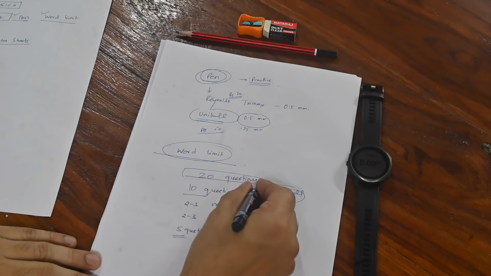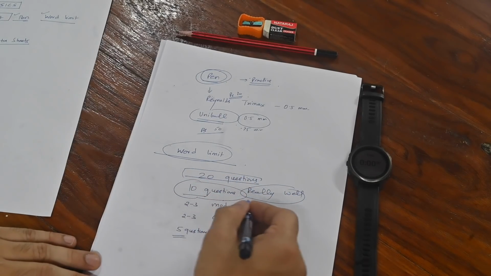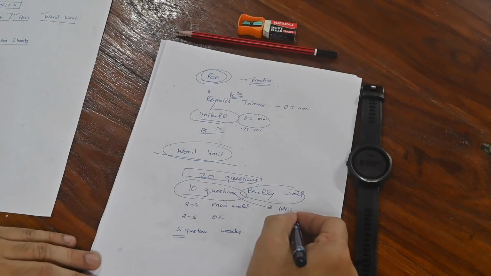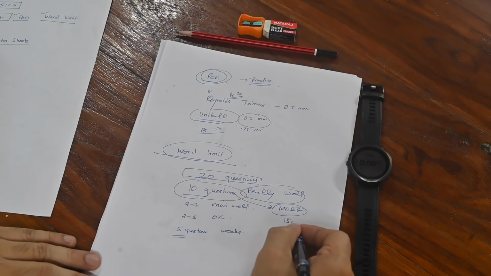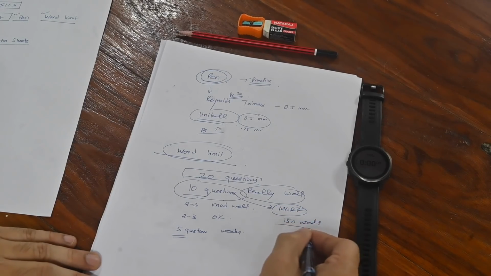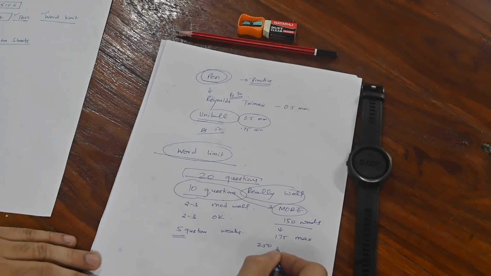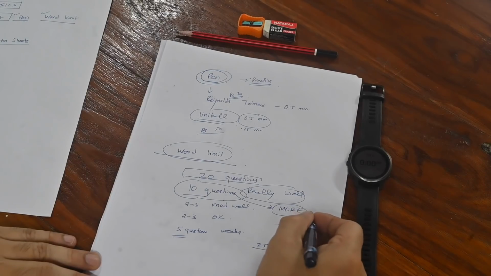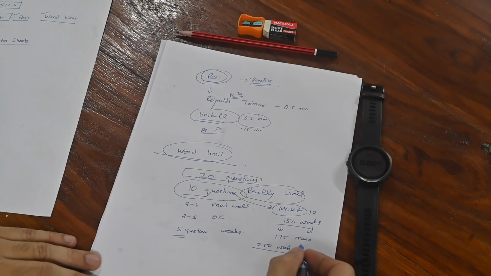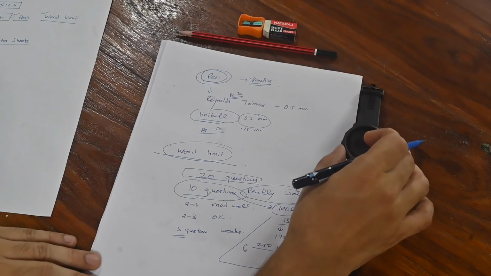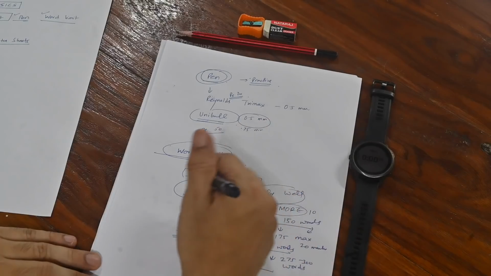So you have to maximize your marks in these 10 questions. So here you can write a little bit more. If the word limit is 150 words, you can go up to 175 max. If the word limit is 200, if it is a 10 marker, you can go to 175 words. If it is a 20 marker, 250 words, you can go up to maximum 275 to 300 words. Okay. So your time will go a little bit more, but that's okay. I will tell you how to manage your time with a stopwatch.